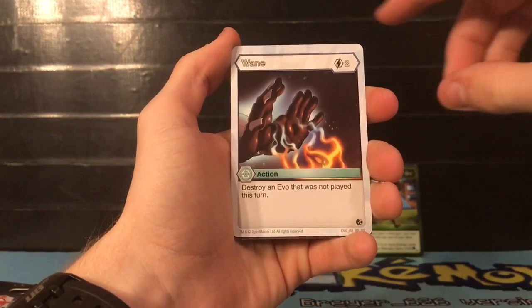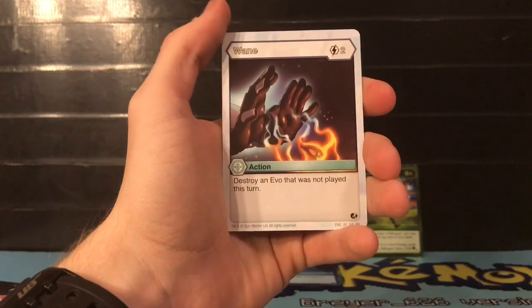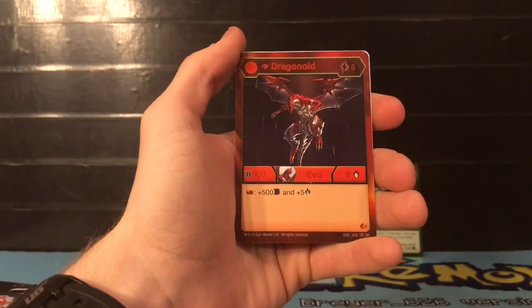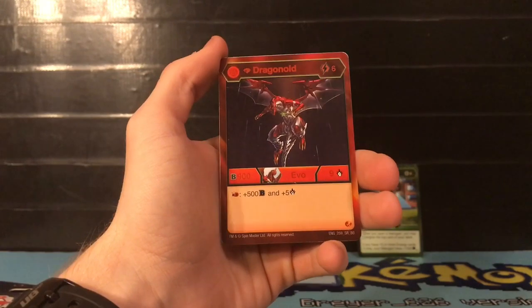Our next rare is Wayne for 2 energies. Destroy an evil card that was not played this turn. This is a really good card for Chaos decks, especially destroying evil cards. It's really good. And our next card is a super rare Diamond Dragonoid for 6 energies, 900 B power,